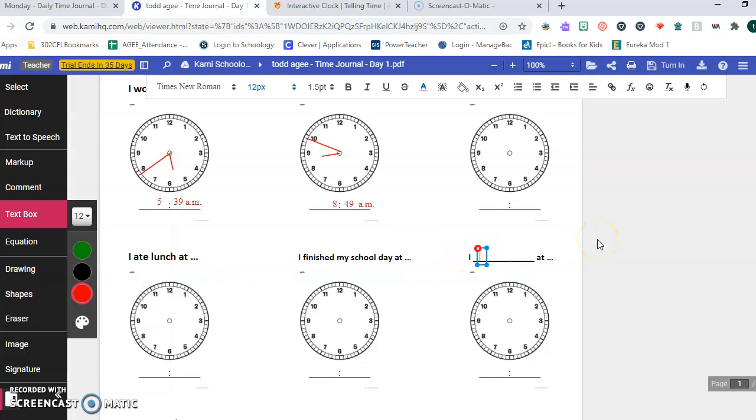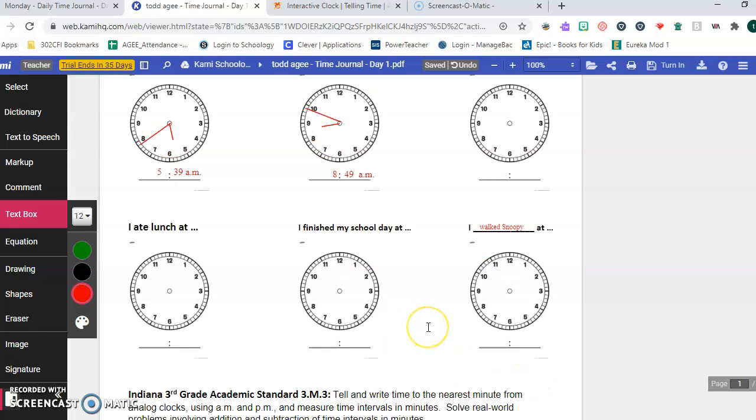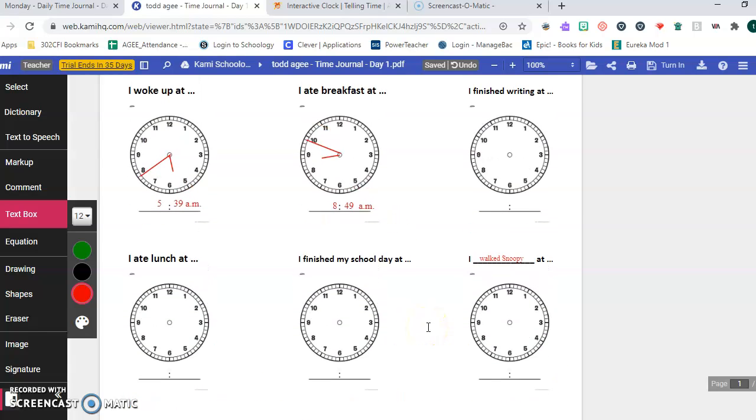You open your text box. I walked Snoopy at, and then I would say the time that I walked Snoopy. Okay? So each day, Monday, Tuesday, Wednesday, you're practicing telling time to the minute. Now, your other assignment